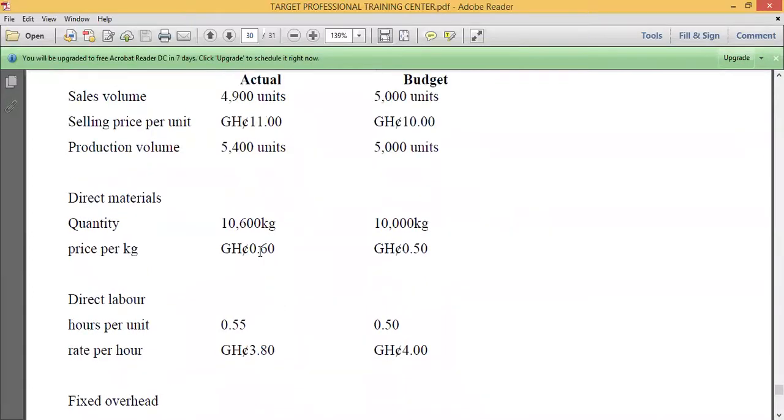So I will add these two figures together: the material cost per unit and the labor cost per unit. This one is per kg, and this one also per unit. Good. So what do you get? So how do you get it? There are so many ways, but let's